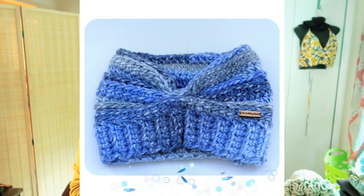Oh, a hat I was making last year, and I ran out of yarn, and I thought I had more, so I put it aside, and turned out I didn't have any of that color. I had the yarn, but not that color, so I ended up turning the yarn into a big ear warmer headband type thing. So I'll put that picture up. And what else? I think that's it. It's a lot of makes, but